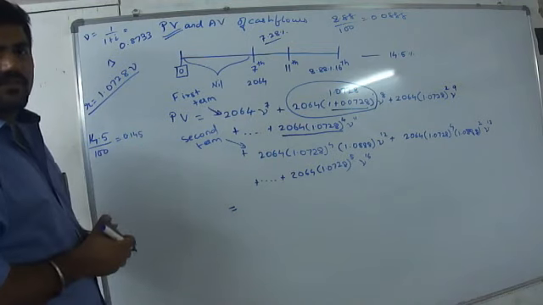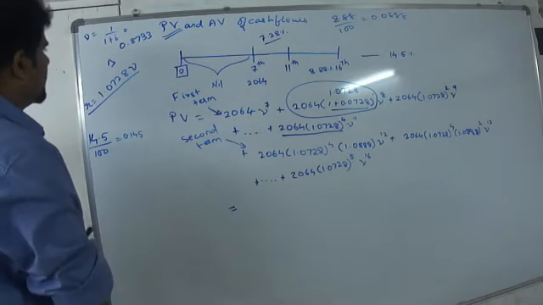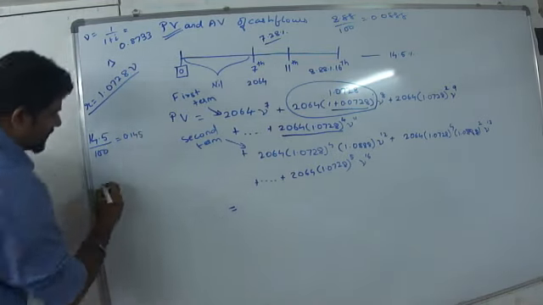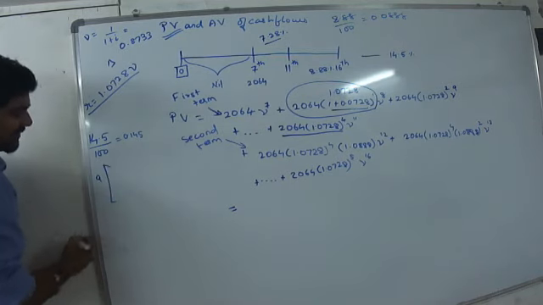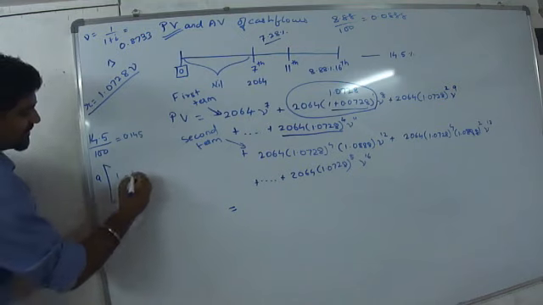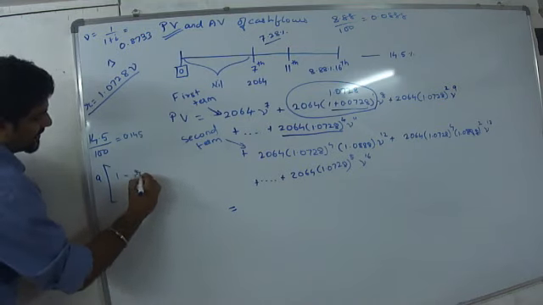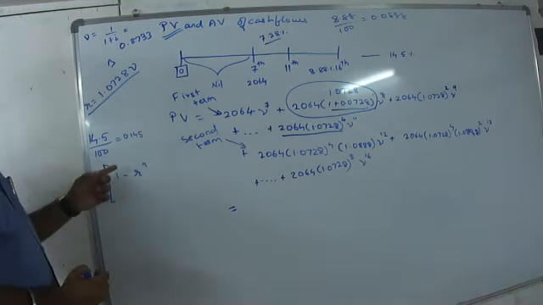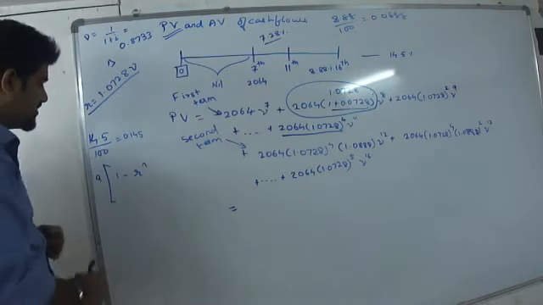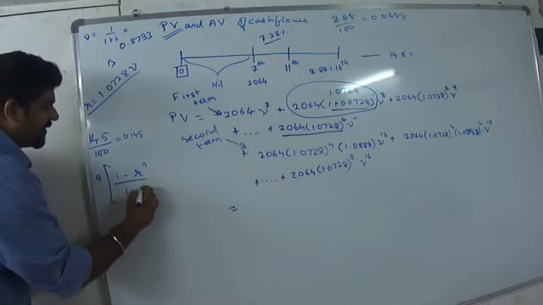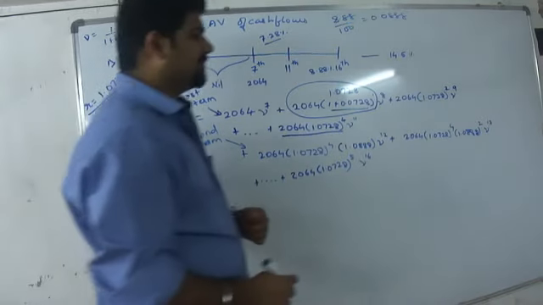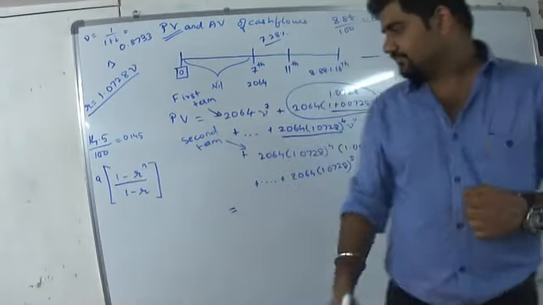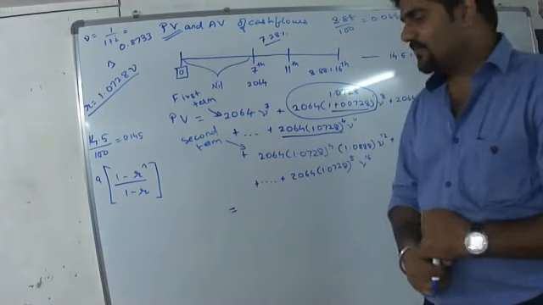What is the formula for the summation of a geometric progression? The formula is, you take your first term, you multiply it with 1 minus R, that is the ratio, raised to the power n. कितने terms तक geometric progression जा रहा है? Upon 1 minus R. This is the formula of your geometric progression.